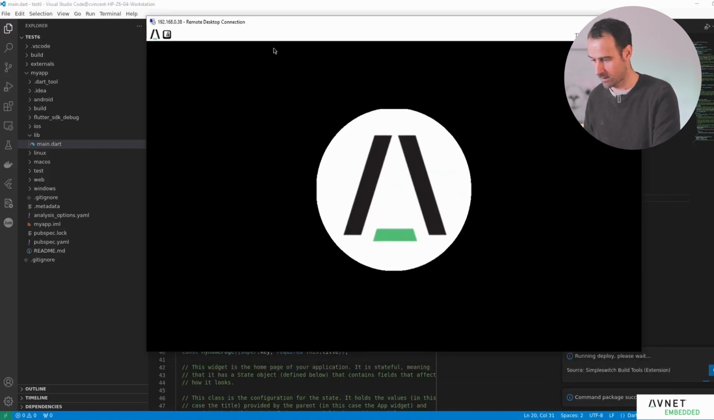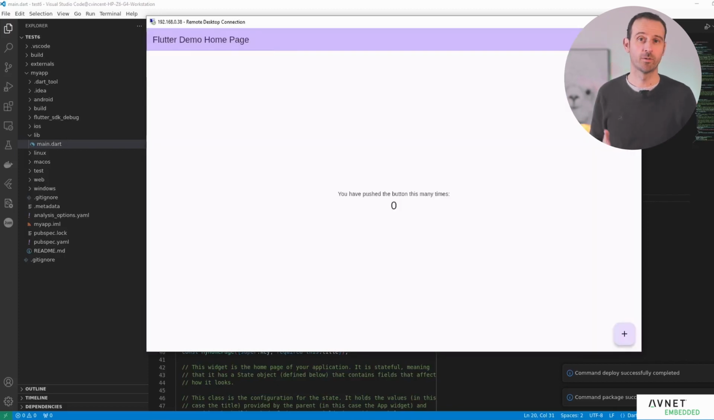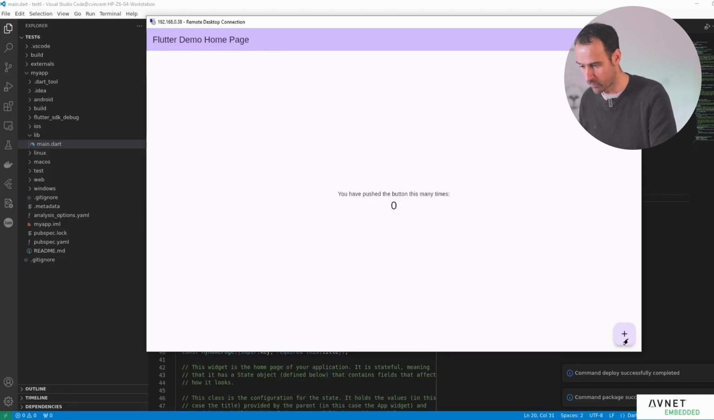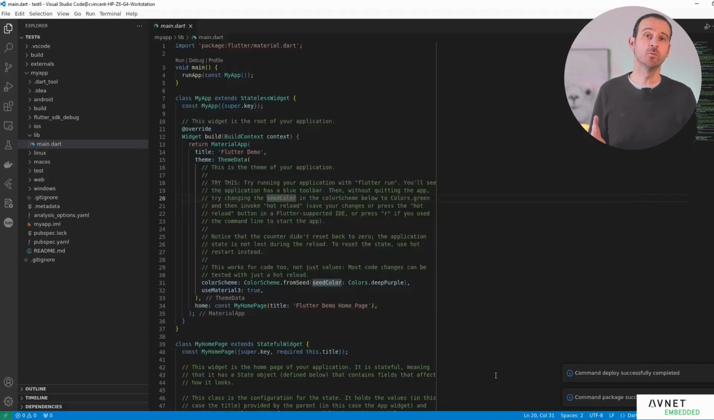And let's check on the remote desktop. Ta-da! Our Flutter application is up and running. As you can see, through the remote desktop, I can interact with it. I'm just clicking on this button and you can see the counter value is changing. So we are ready to move to the next step, and now what we want to do is to debug